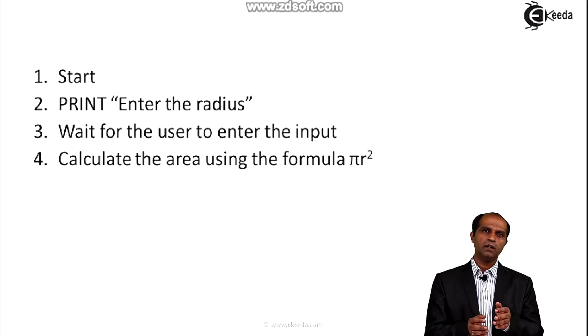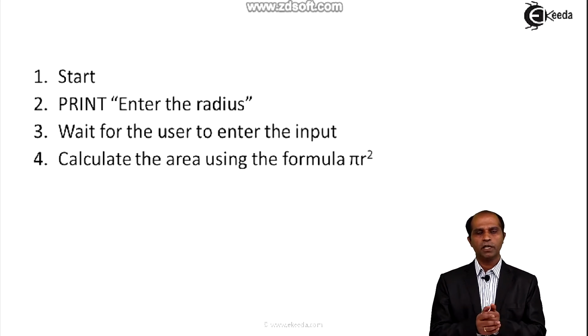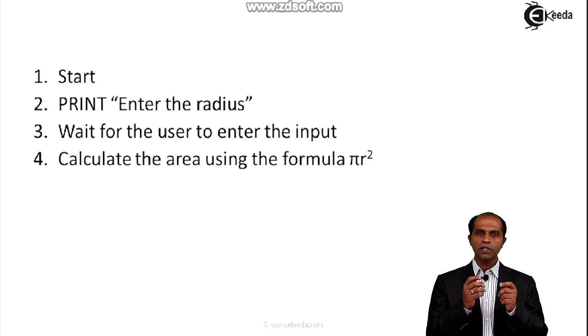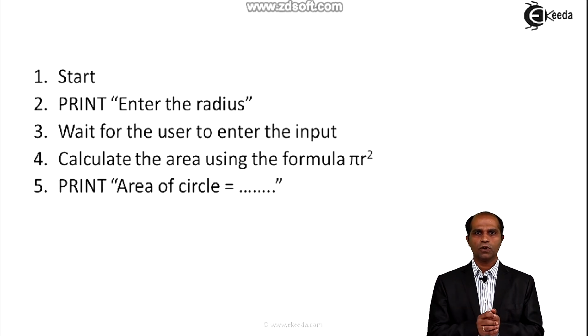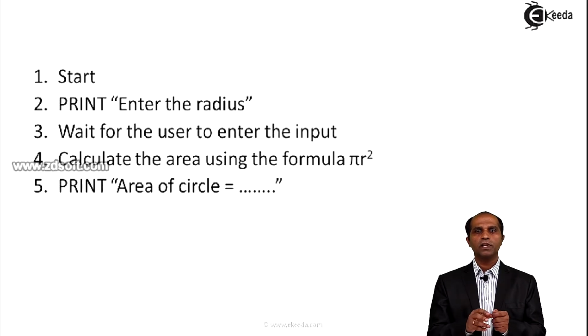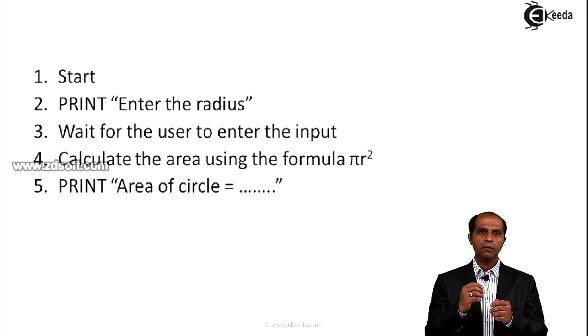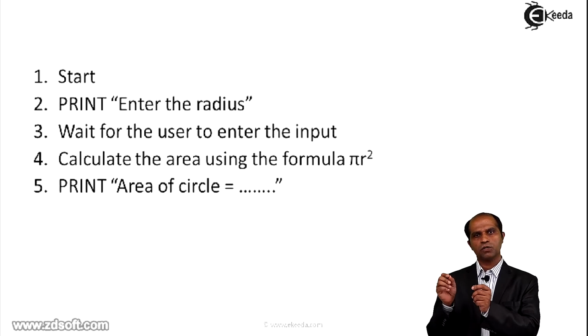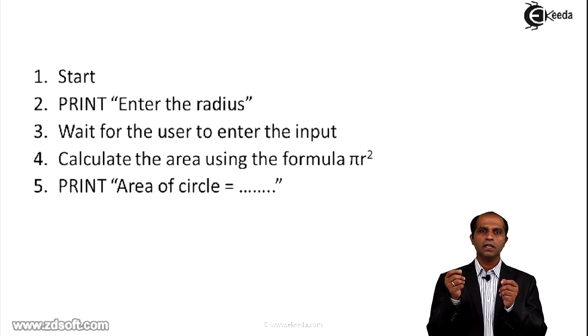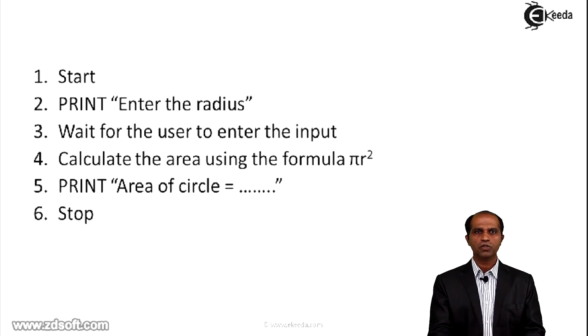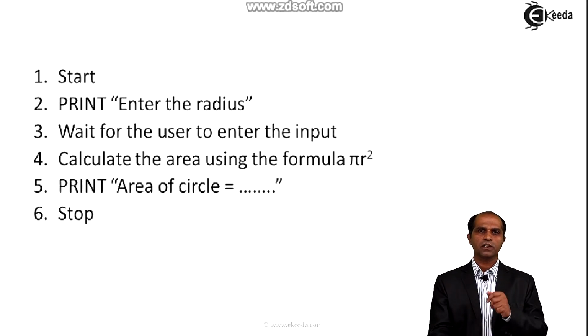Now this step and the previous algorithm which we have discussed may coincide. Some steps of the previous algorithm and a pseudo algorithm might be the same. Not necessarily that every step of a normal algorithm has to be changed for a pseudo algorithm. Then we are going to display the area. In the previous algorithm, I said just display area. But here, I'm going to say display the area using a message called area of circle equals to dash dash dash. Now that dash dash dash represents the value which is supposed to be calculated in the previous step. As usual, we're going to stop this particular algorithm using a stop step.